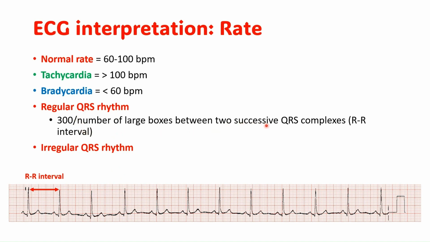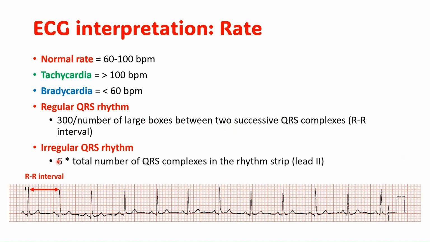RR intervals. So if we look here, for example, between this R wave and this R wave, we have 1, 2, 3, 4. We have 4 large boxes, therefore the rate is going to be 300 divided by 4, which is roughly about 75, I think. And then if we have an irregular QRS rhythm, so for example in atrial fibrillation, we can